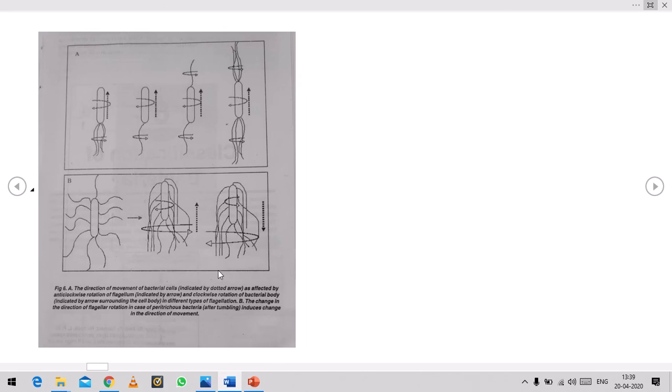Bacterial flagella are powered by proton motive force, which is established on the bacterial membrane, rather than ATP hydrolysis, which powers eukaryotic flagella and cilia. This is another part of the flagellar movement, which you can see in the diagram. The flagellar filament is rotated by a motor apparatus in the plasma membrane.